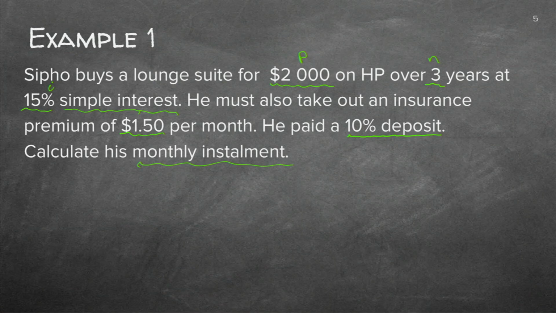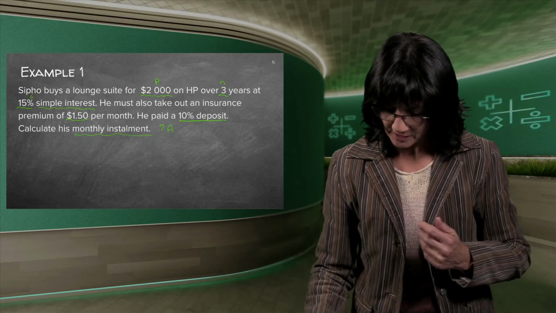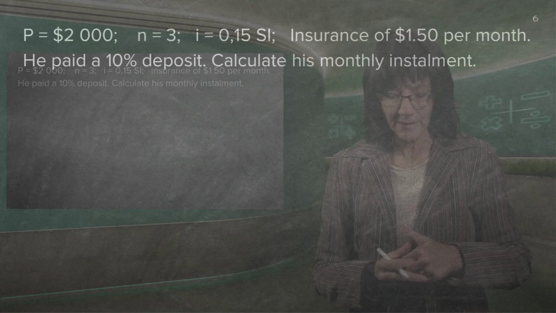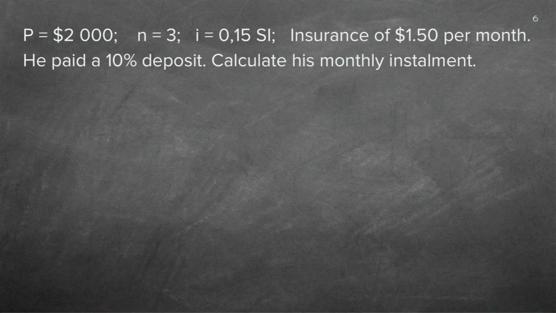So they want to know, in the end, what is the big amount of money that he owes the bank? So do you agree with me? They're asking the A, the end amount, but remember they want it monthly. So once I've worked out my end big amount, I need to cut it down into monthly installments because that's what the question asks. So let's just get an empty page. Good. There's the P, the $2,000, the N and the I, standard is simple interest, and then the rest is just written down so we can remember it.